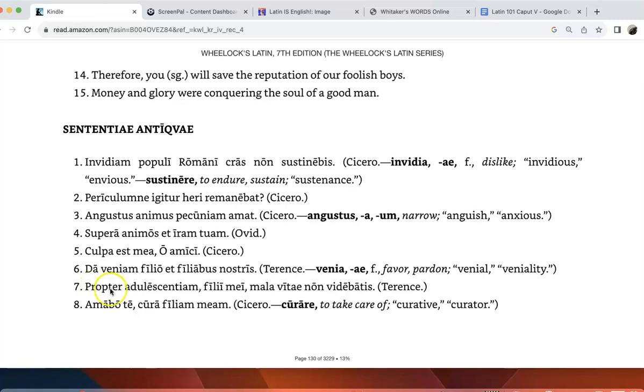All right, number seven: propter adolescentiam filii mei mala vitae non videbatis. What does that mean? Propter means because or on account of, and it's always followed by the accusative. So, on account of adolescence, my sons, you were not seeing, literally, the evils of life. In other words, you had bad judgment. And so because of adolescence, my sons,